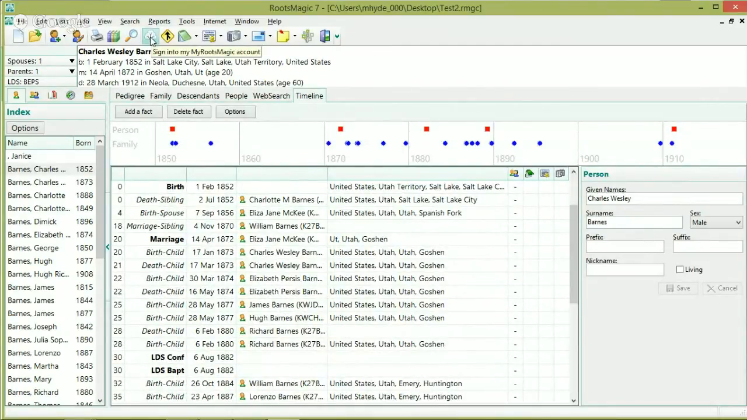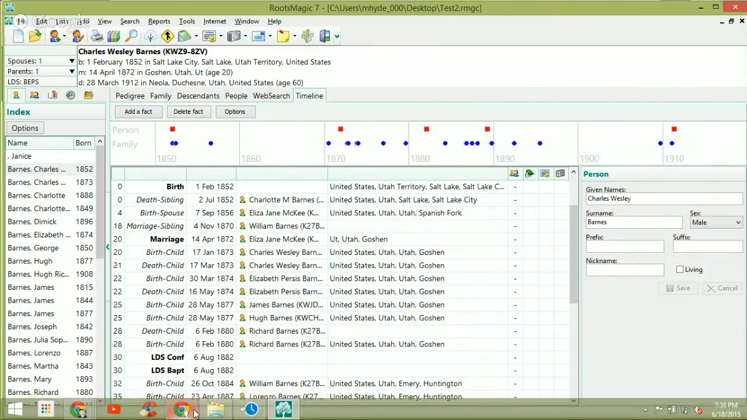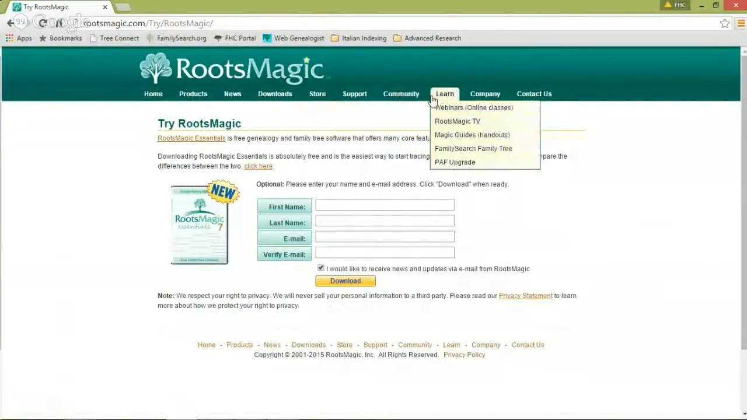For figuring out what else to do with RootsMagic, this is just the basic class, so I'm just teaching the very basics of how to enter information in and things like this. But there's a lot else you can do. I will be making more classes on web genealogists, but also if you go to rootsmagic.com and you go to Learn,